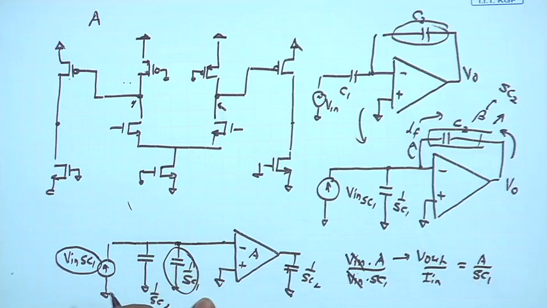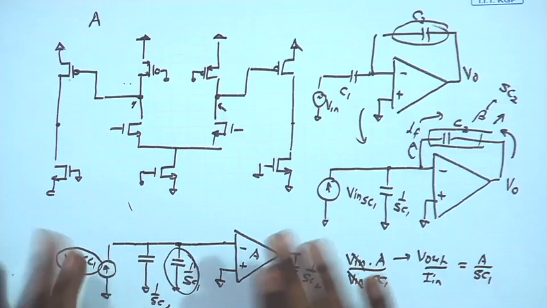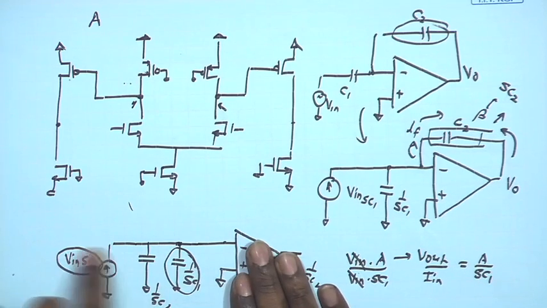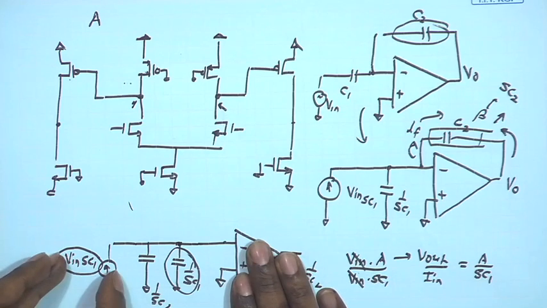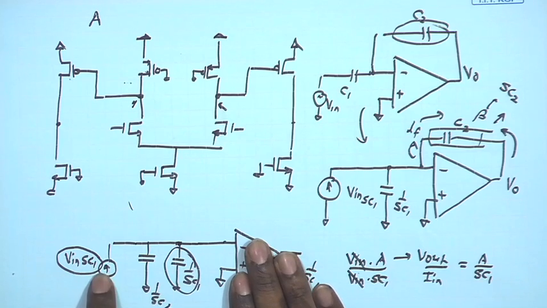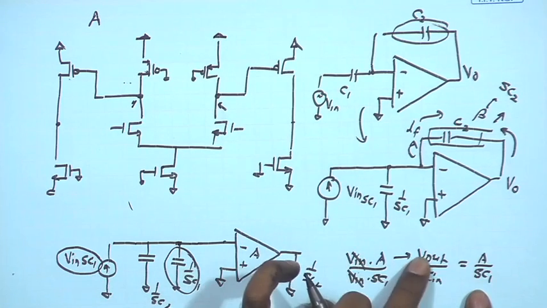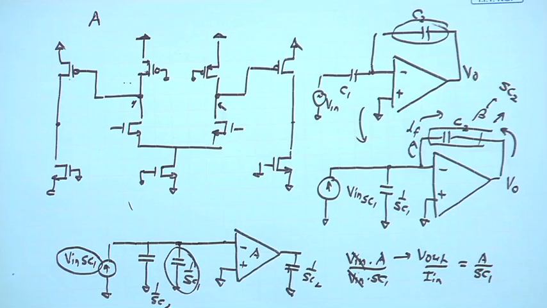but that is a voltage. I want to get the voltage to current gain of this overall amplifier. Our current by definition in this case is V in SC1. We have arrived at the equivalent current source by Thevenin equivalent derivation. So, this is the V in SC1. So, we divide it and we get V out upon I in, which is A upon SC1. That is the open loop voltage to current gain of our shunt amplifier,